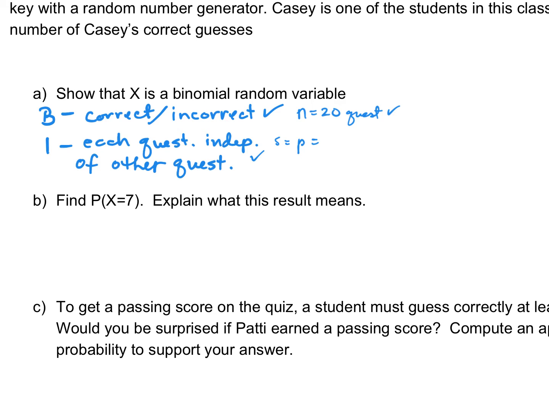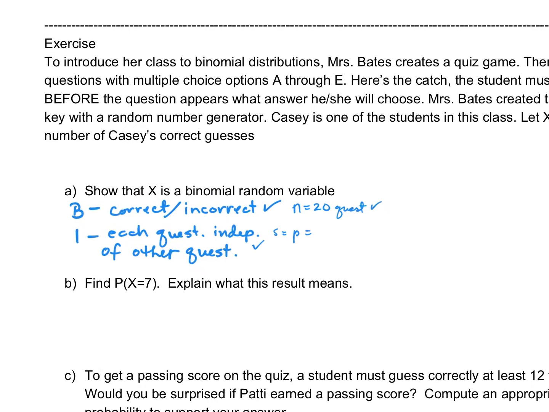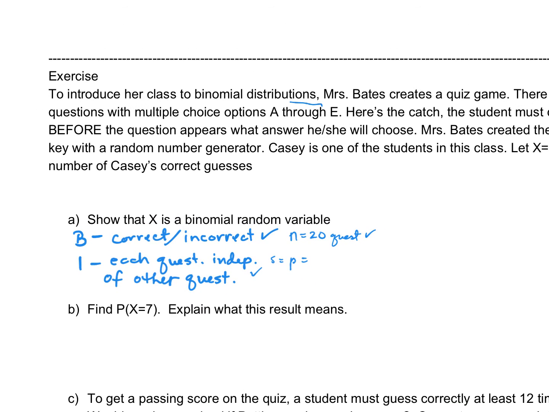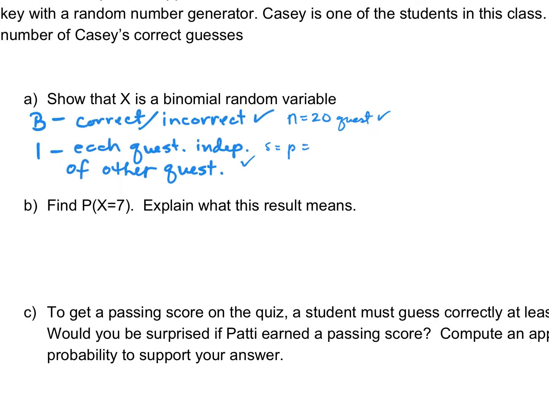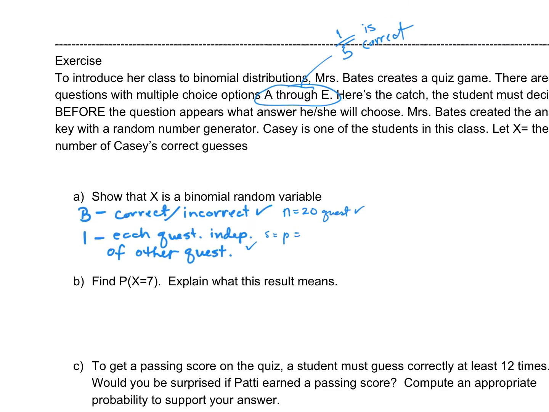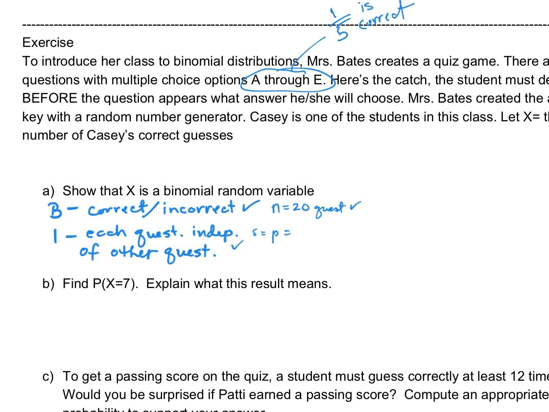Why 1 out of 5? Because she's randomly generating the correct answer. A through E is how many options? 5 options. So 1 out of the 5 is correct, right? They're not just going to go ahead and hand you P, are they? Sometimes you're going to have to figure out what P is. Does everybody understand where the 1/5 came from? We would write it as 1/5. We could write that as 0.20